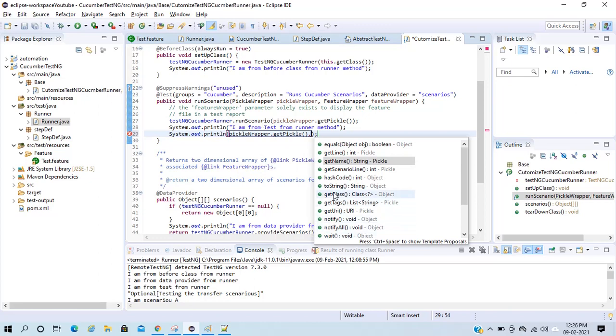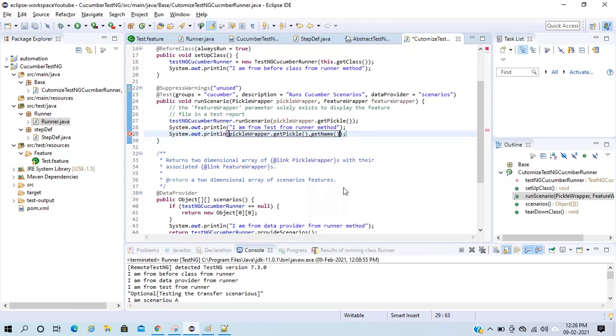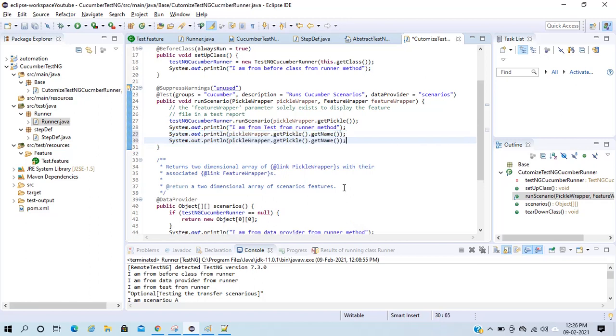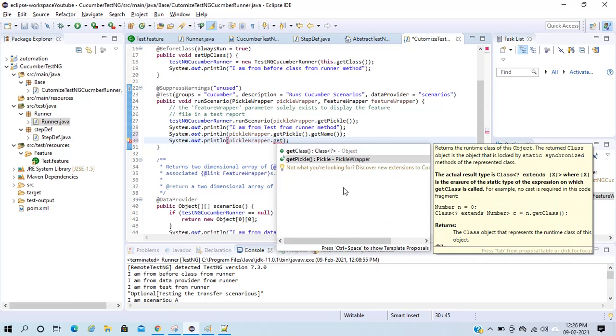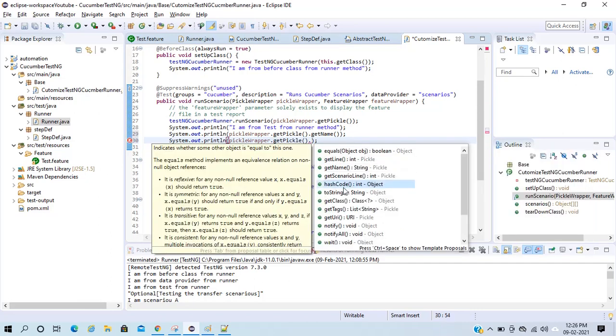You can even get the tags and many other things.